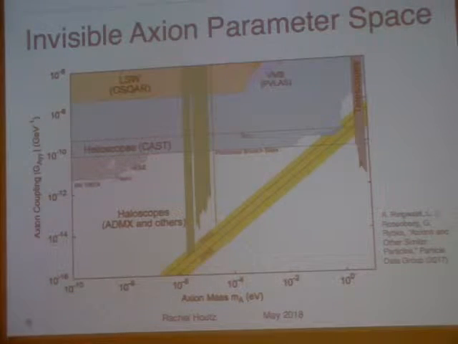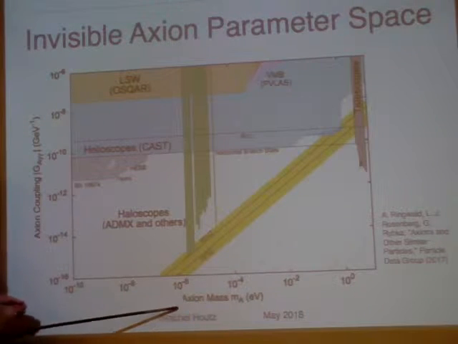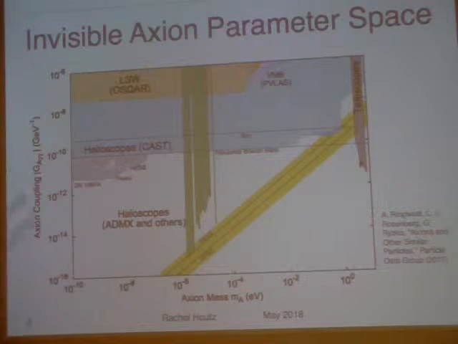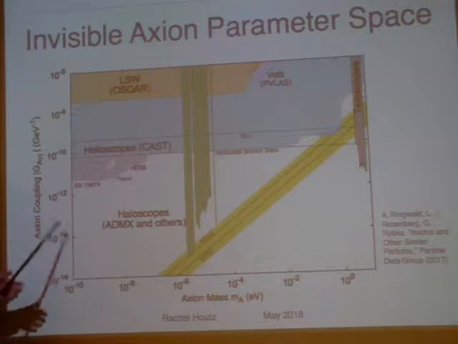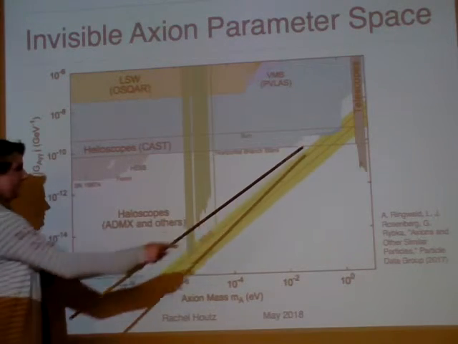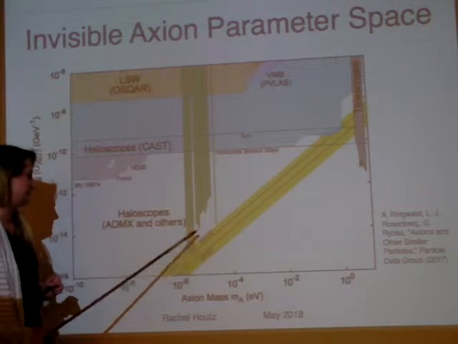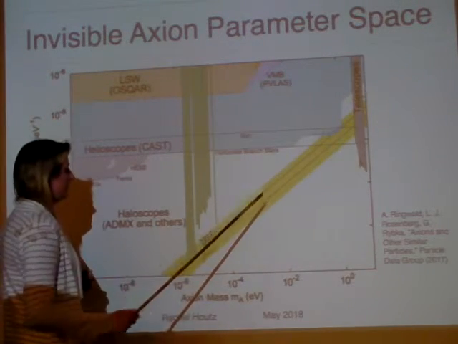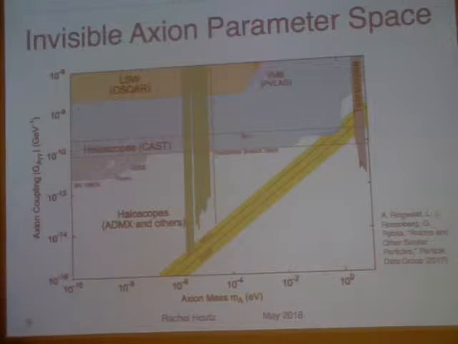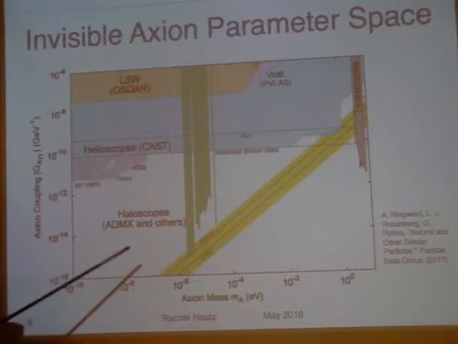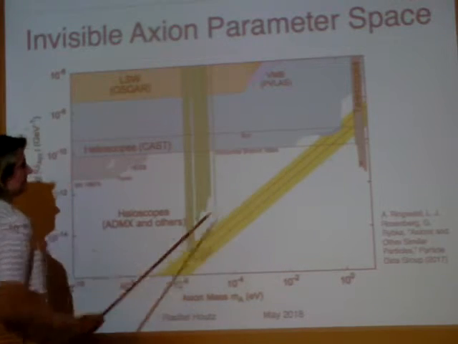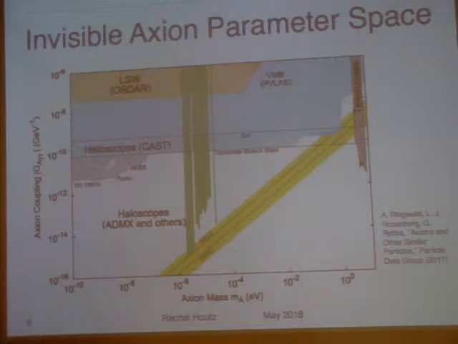All right, so this parameter space. Here's, from the PDG, a summary of axion searches. On the x-axis, we have the axion mass in eV, and on the y-axis, we have the coupling of the axion to photons, which is proportional to the f_a parameter in the theory. As you can see, this line here in yellow is the preferred KSVZ and DFSZ line for invisible axions. So axions are sort of stuck on this line based on the typical invisible axion theories.